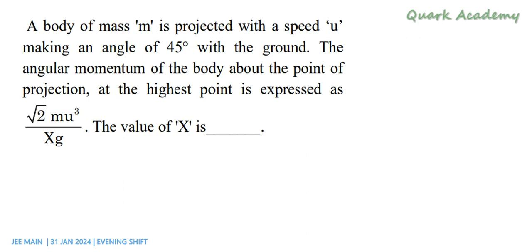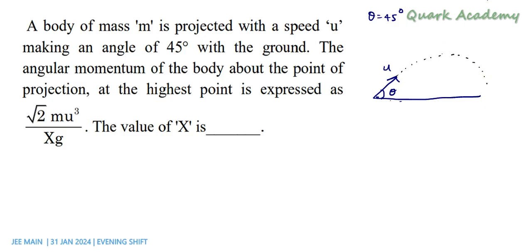In this question, we need to find the angular momentum of a mass which is projected with speed u. So let's consider this is the ground, and the mass is projected in this way with initial speed u at the angle theta. Here theta is 45 degrees. So the object will exhibit projectile motion, and we need to find the angular momentum of the object with respect to the point at which it is projected, and also